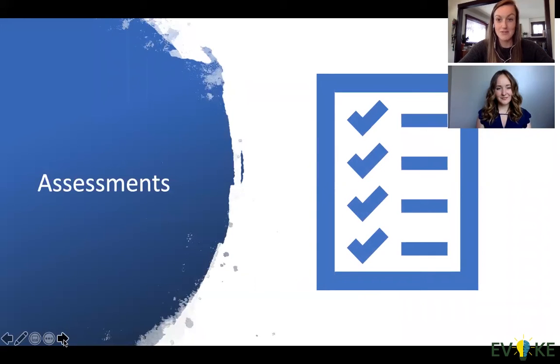So now we're going to be moving into assessment. So now we're going to talk a little bit about assessments. Thank you, Alex. And these assessments are crucial because you want to have some actual data to see where your